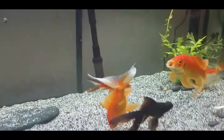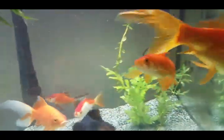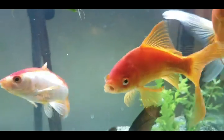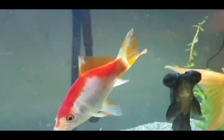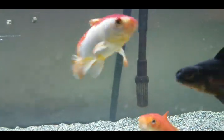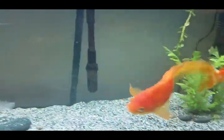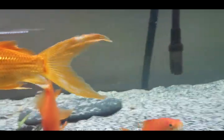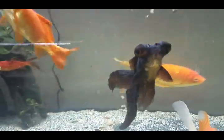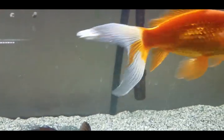So it's really annoying to tell, but the most accurate way to tell is to try to find their vents down under their caudal fins and around their anus. If they are a girl, they will have a little outie, like I will show you on one of these fish if they hold still long enough. Okay, so